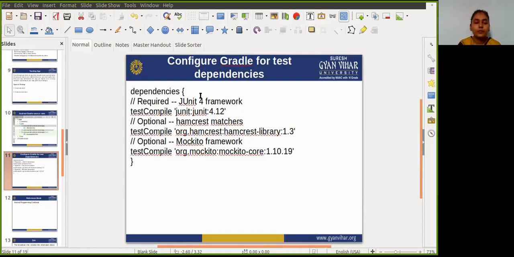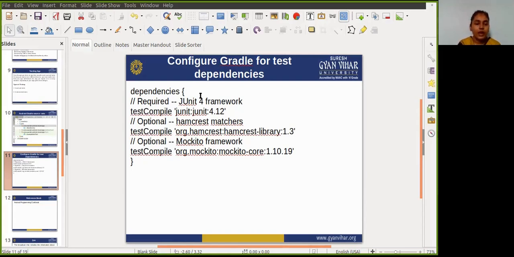Next is the @SmallTest annotation, which indicates this is a small test, and also the @Before annotation marks a method as being the setup for the test.